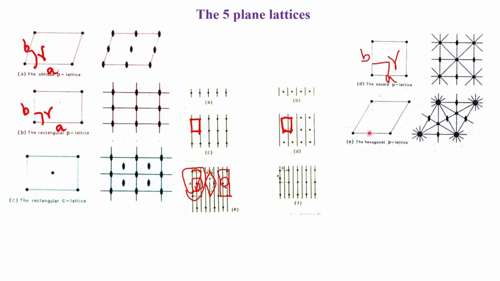The same argument goes for the hexagonal P lattice, where A is equal to B and gamma is 120 degrees, and you see that the 6-fold symmetry goes up in the edges and 3-fold symmetries develop in these positions, where we have shown, and the central point between the 6 and the 6 is always a 2-fold.